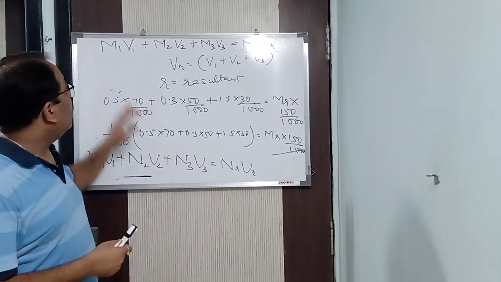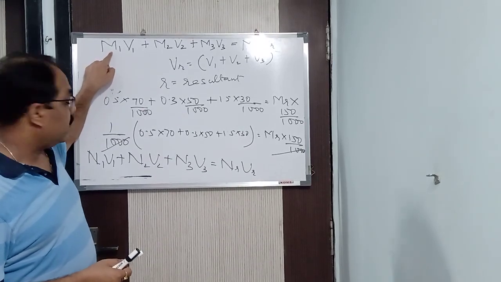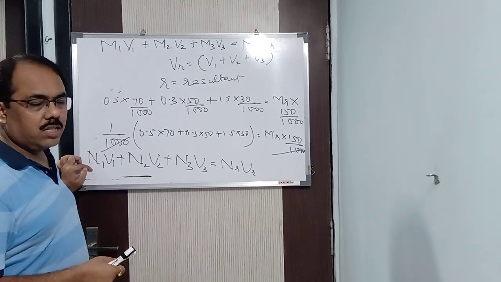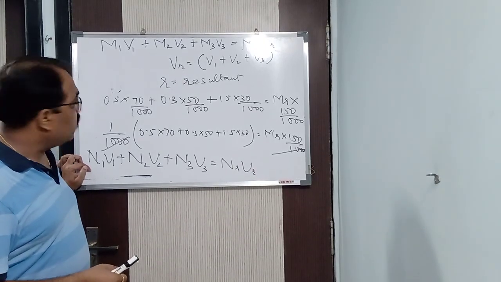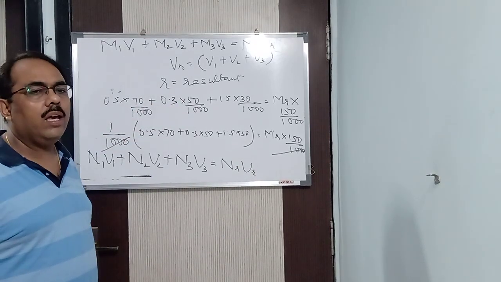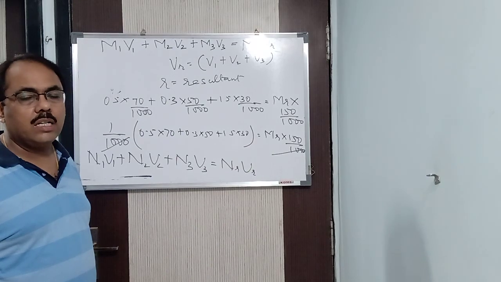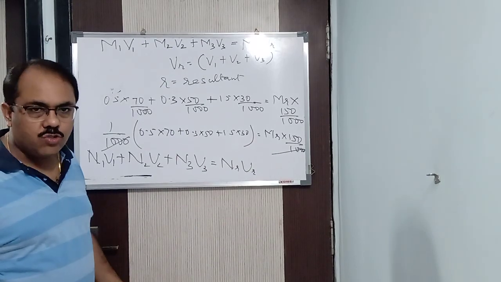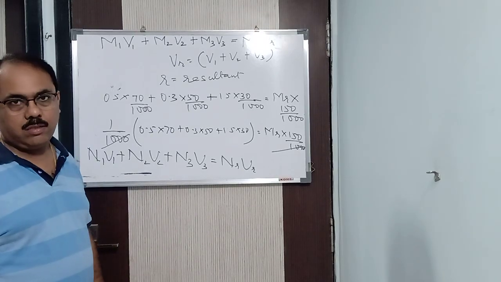But concentration is what? When I say molarity, it is a concentration. When I say normality, it is a concentration. Can they be added, subtracted, multiplied or divided directly? Suppose you have 0.5 molar and 0.3 molar. Can you add them directly? No. Why? Because molarity, normality, molality are concentrations, and concentration is a property of a solution. Properties cannot be added to a property. You cannot do that. Alright?